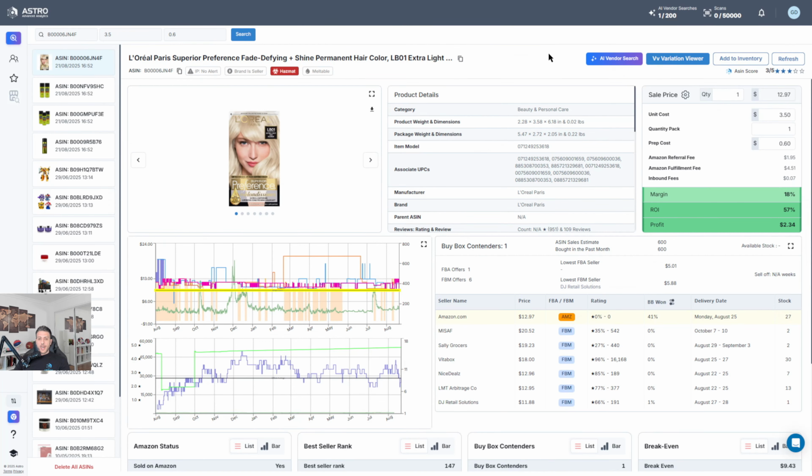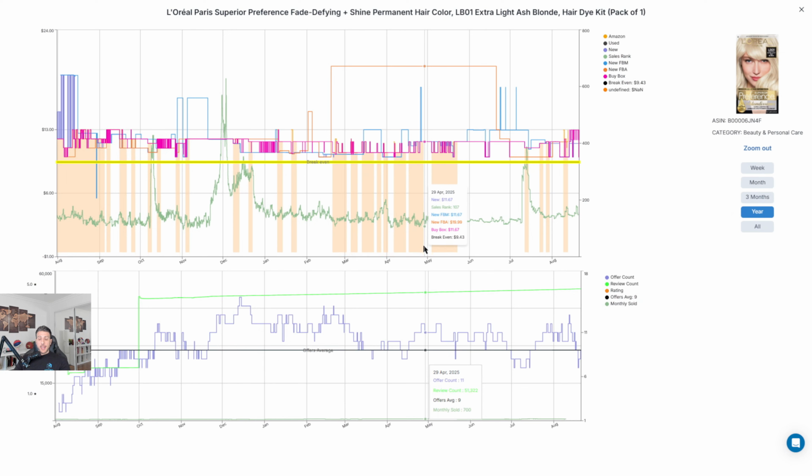In the second row of data points, the first option we see is the offers chart. You can expand it and get a full screen view by clicking on the expand button. This chart has all the typical information that we're used to, except for two extra important data points. We have the break-even line that runs right through the middle there, and we have the offers average line, which